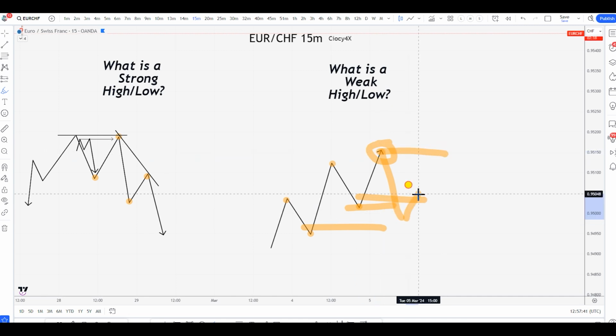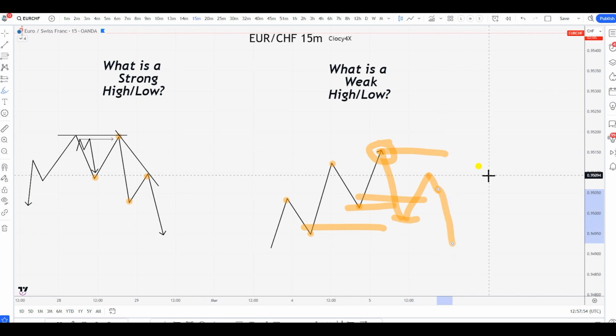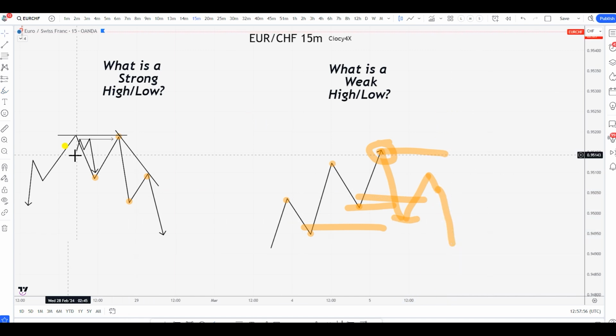So when it retraces and goes to the downside, this becomes what? My weak low, right? So therefore I can expect this to get broken. You guys understand what I'm trying to say? So forget about everything people say over here. I'm not saying that this is not important. Yes, it's important, because what I've done over here